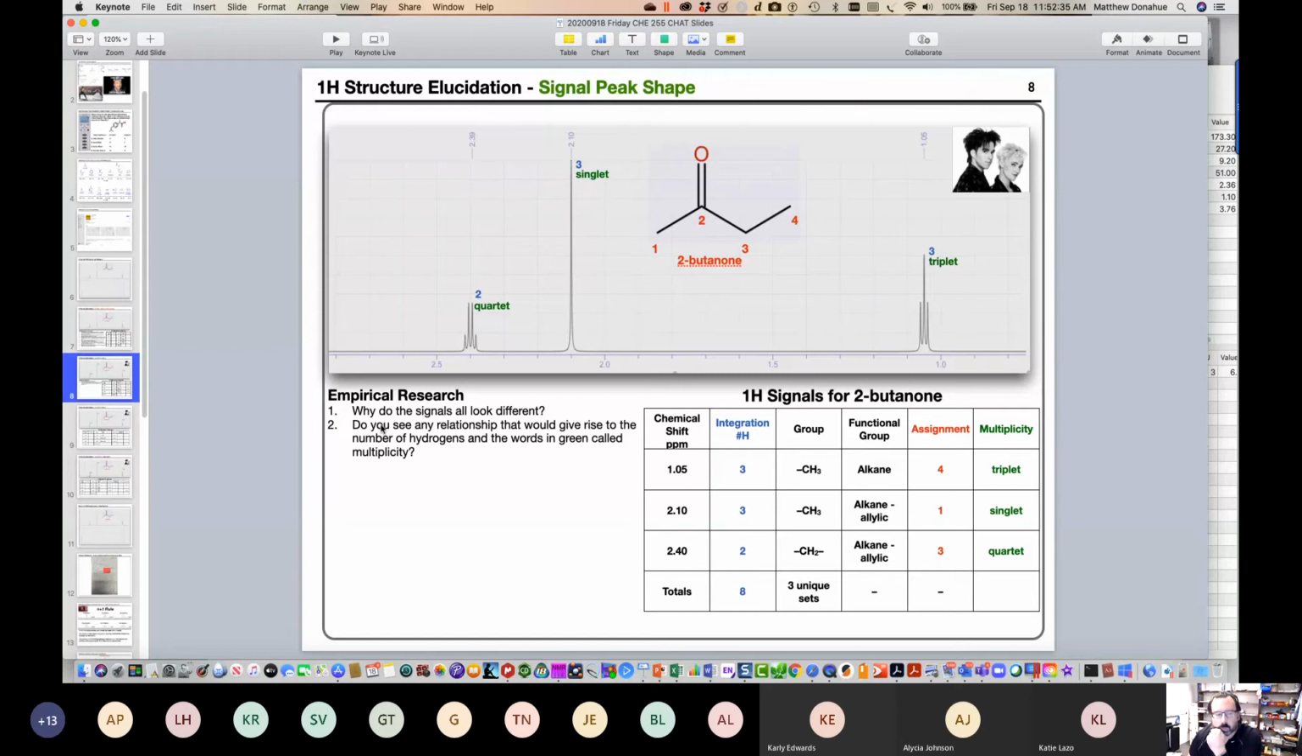So why do these signals look different? Does anyone know what band this is? Maybe not. You probably weren't born in the 80s, but